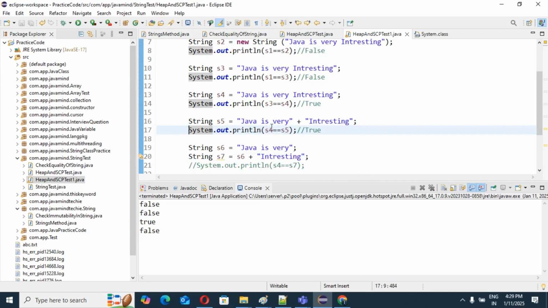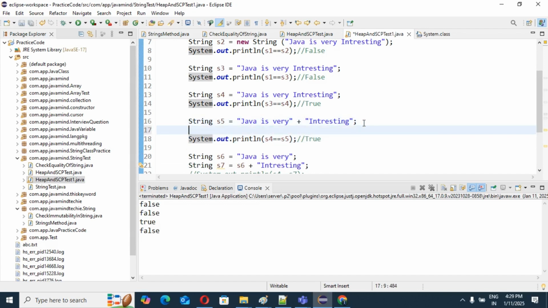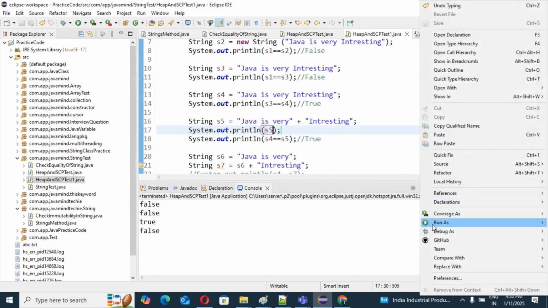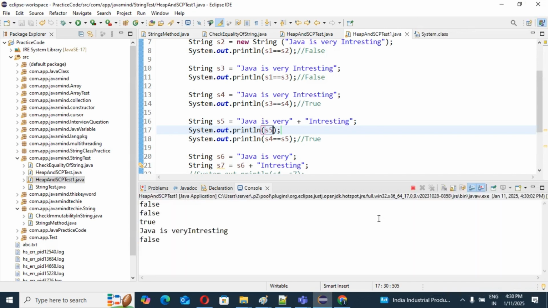Why is it false? I will print S5 and we'll see what S5 is coming. Okay, "Java is very interesting". Give me one second, now I will tell you.